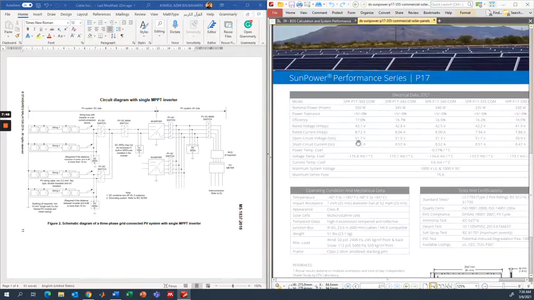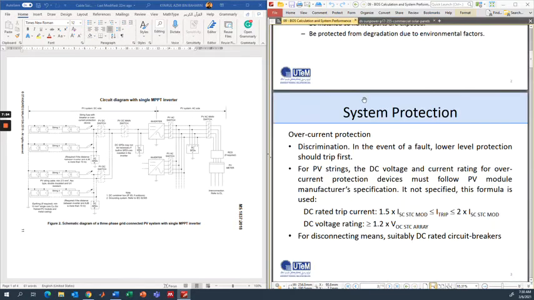So if the open circuit voltage here is 51.7 for one module, times 10 is 517 volts. Okay, so 517 times 1.2, so 620.4 volts. Okay, for example, let me just write that down.